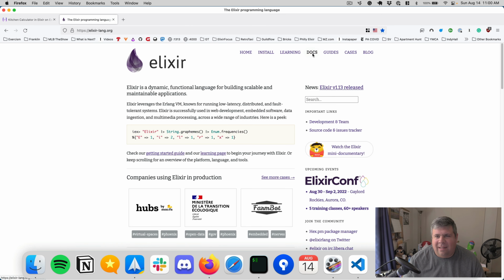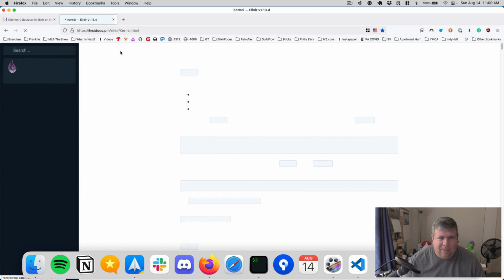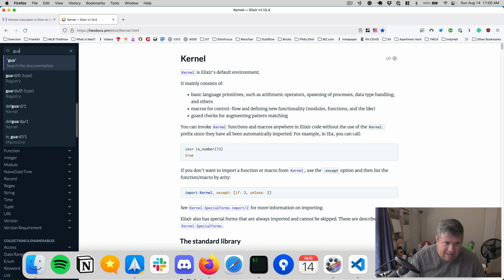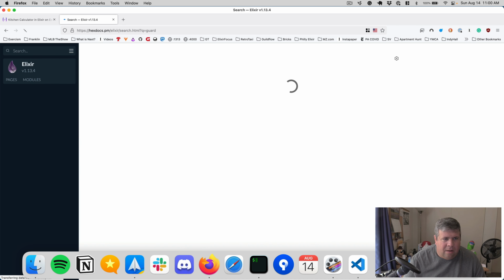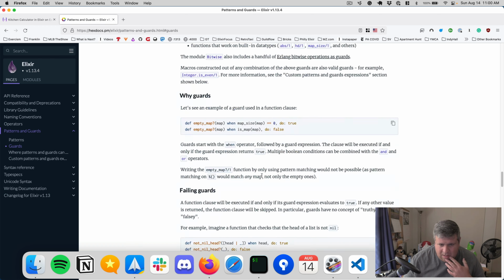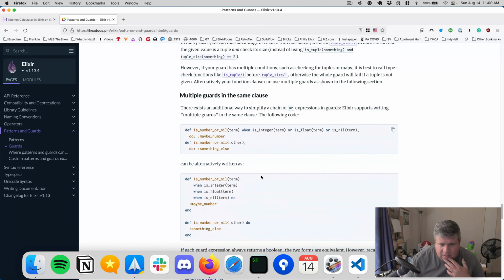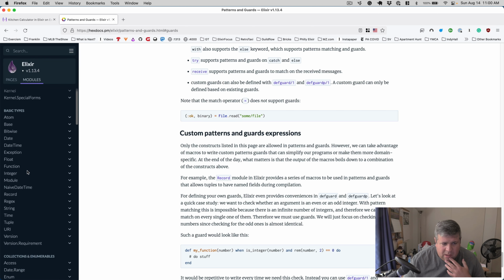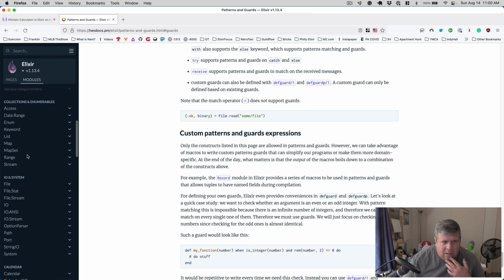I don't have my docs bookmarked like I expect them to be. Normally, on my old laptop, I would just type kernel and it would just come up. But all right, let's see if we can do guard. Patterns and guards. What I'm looking for is well,